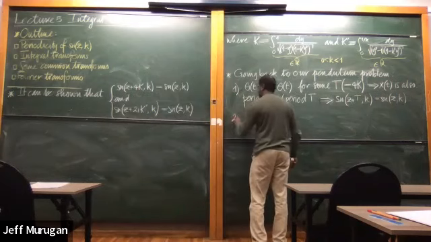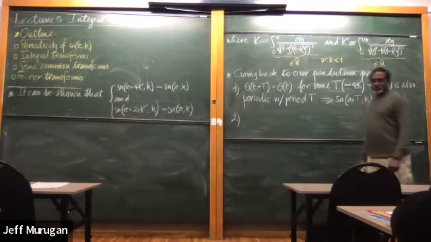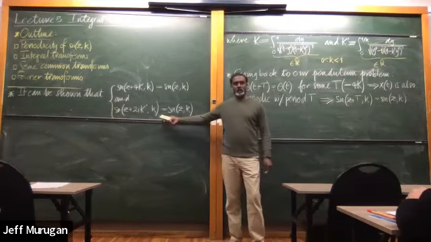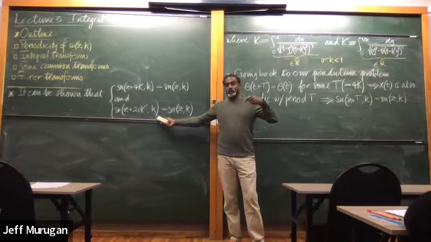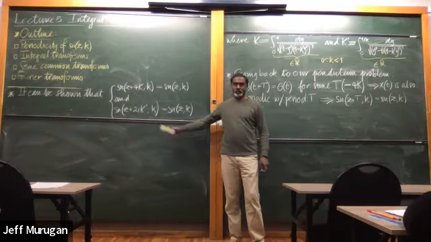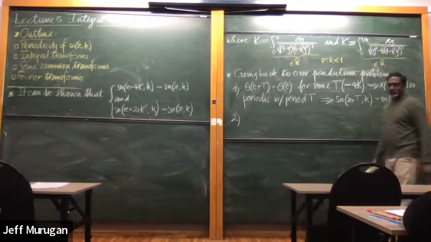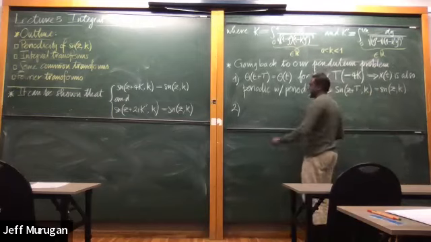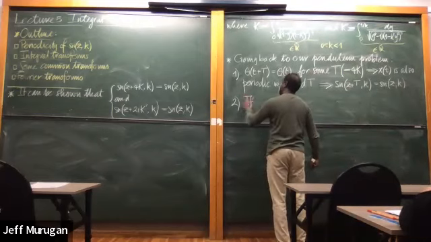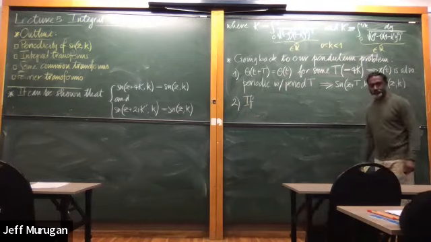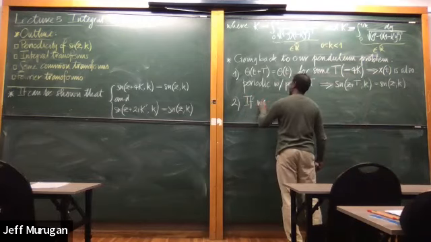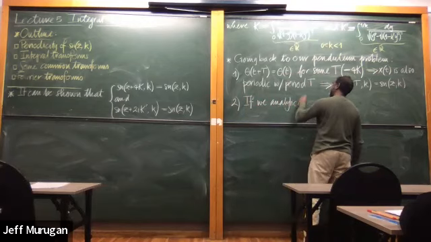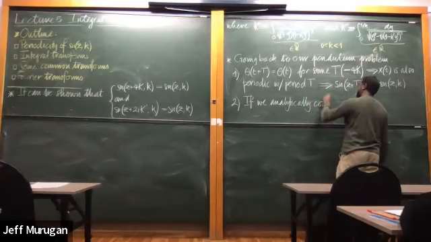The second statement is less obvious. The second statement, we want to show this, in other words, periodicity in the imaginary direction. So to that end, let's analytically continue the time variable to i times the time variable. In the physics literature, this is called a Wick rotation. So if we analytically continue